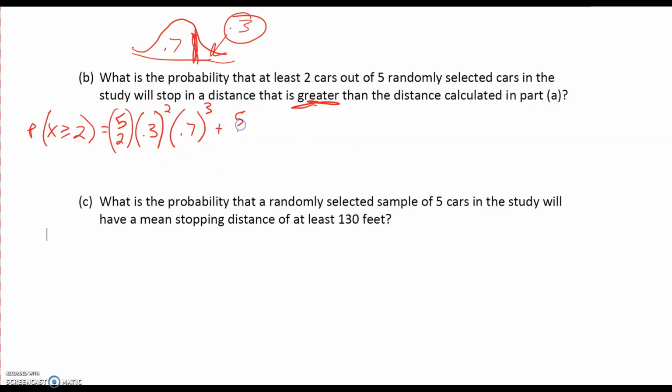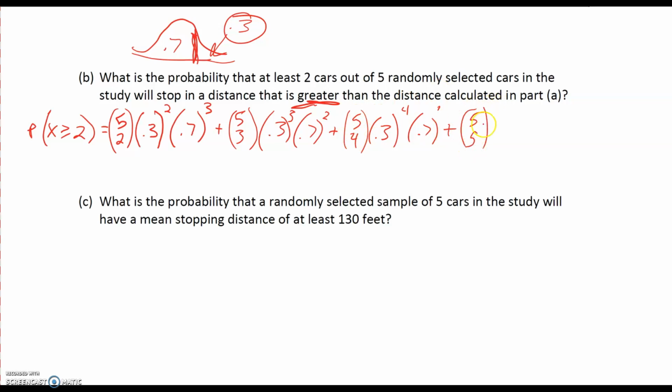And so we have 5 choose 3, times the probability of success, 3 successes, times the probability of failure, that'd be 2 failures there because out of 5 total trials. Then we got 5 choose 4, 5C4, right? And then we got 0.3 to the 4, and then 0.7 to the 1, because if we have 4 successes, we have 1 failure out of 5 trials. Plus, and here's our last one, 5 choose 5, which is 1, because really what that's asking